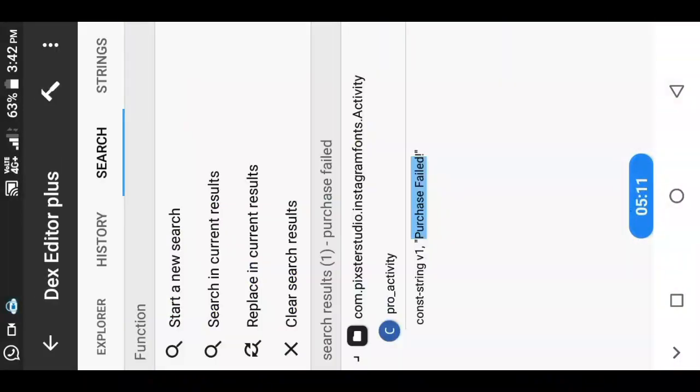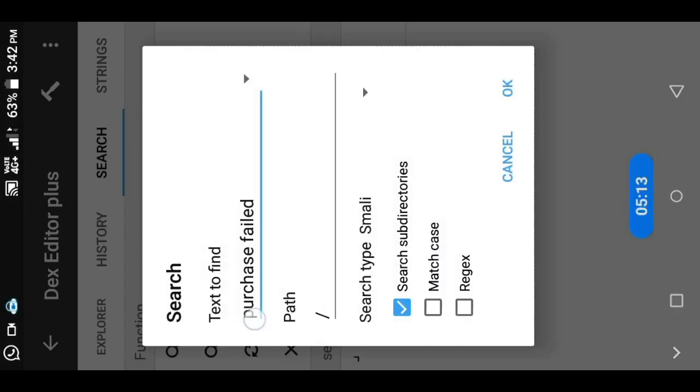That means from where it is getting triggered, so that the alert dialog is called and this whole code is executed. So let's copy this text and search for alert dialog.